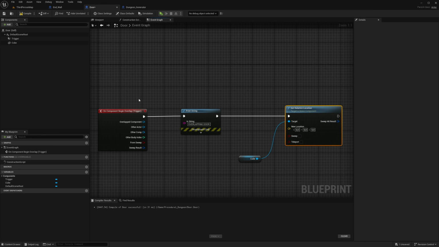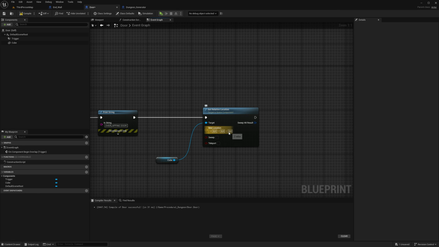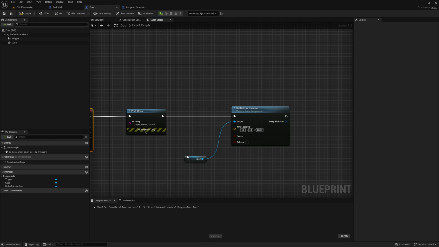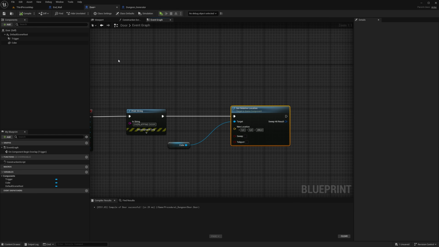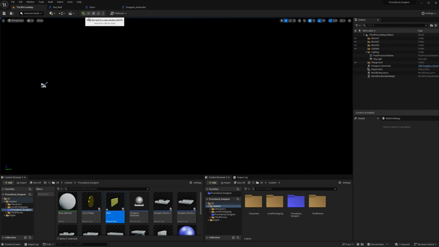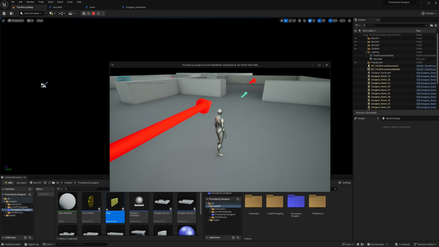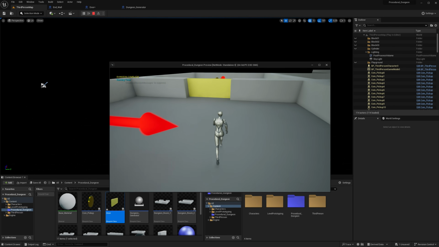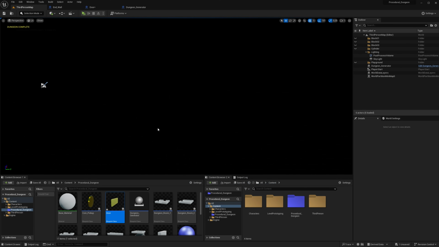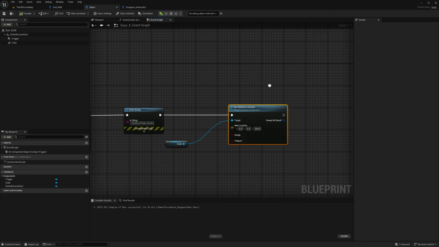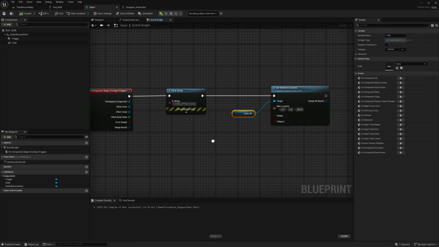So when you overlap this trigger, then we want to give it a new Z position. Let's just try and say 200 and see what is going on. And guys, I'm sorry, this thing always confuses me, right? All these location things. Let's see what happens. We'll just have to wait for the doors to spawn. There we go. Yeah, it's going to get pushed up 200 units or whatever this system is. So that's fine for now.